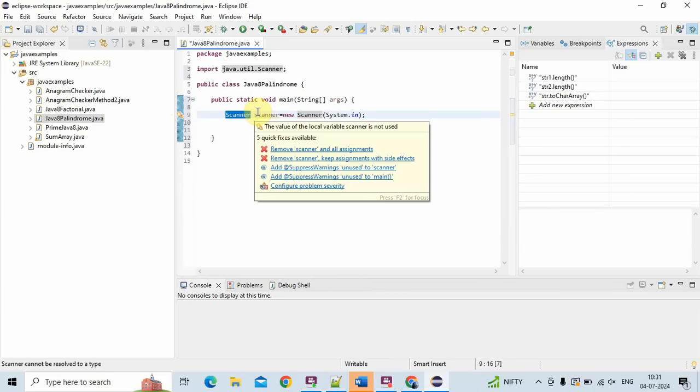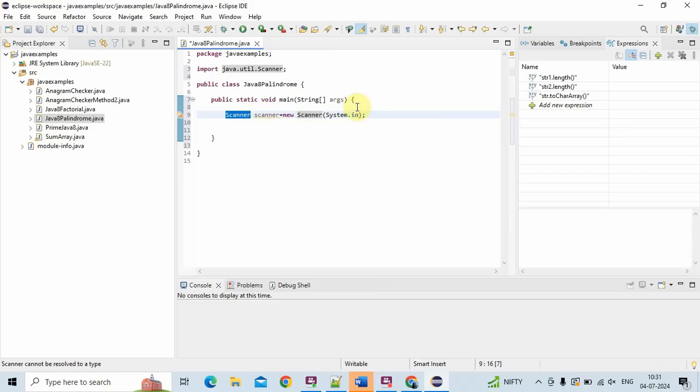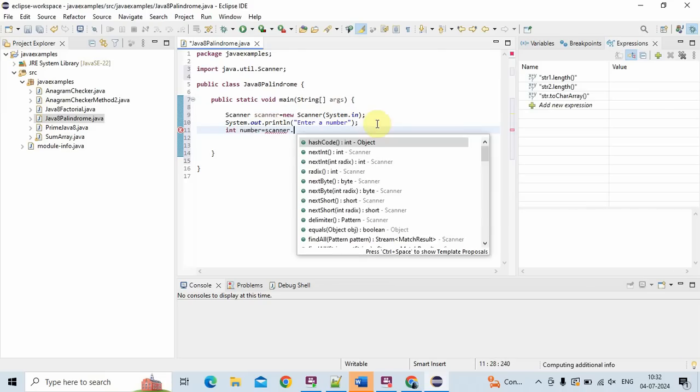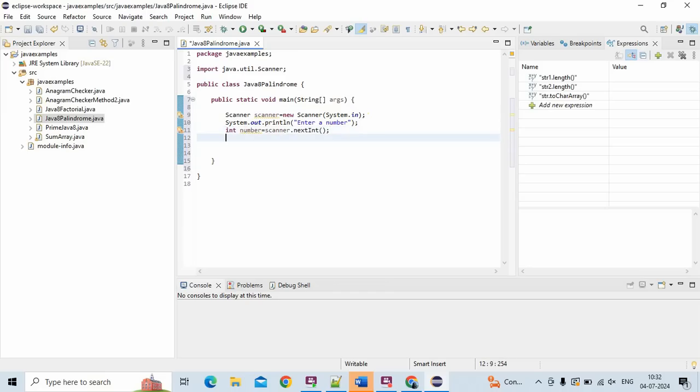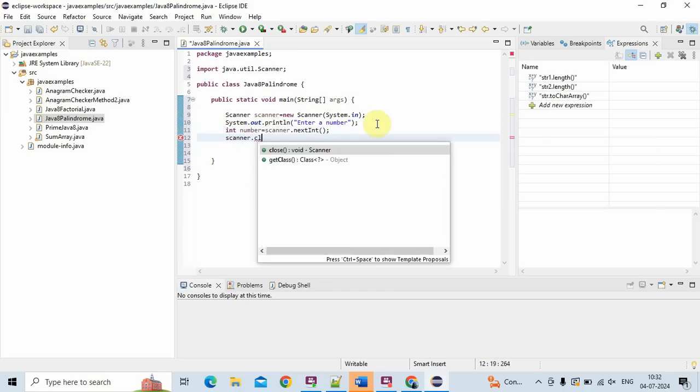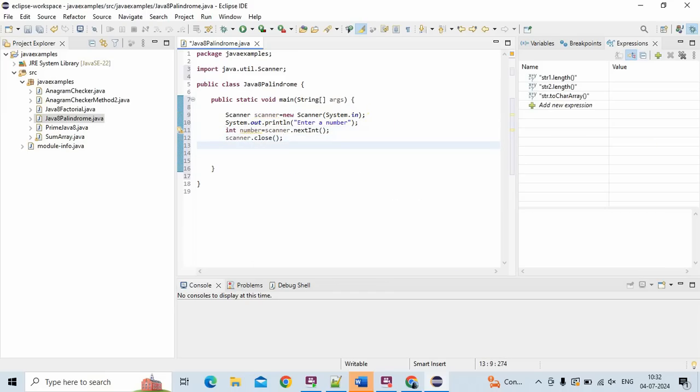I'm importing the Scanner class and writing one sysout statement, "Enter a number". Then just declare int number equal to scanner.nextInt(), and scanner.close(). Then, if isPalindrome of number,